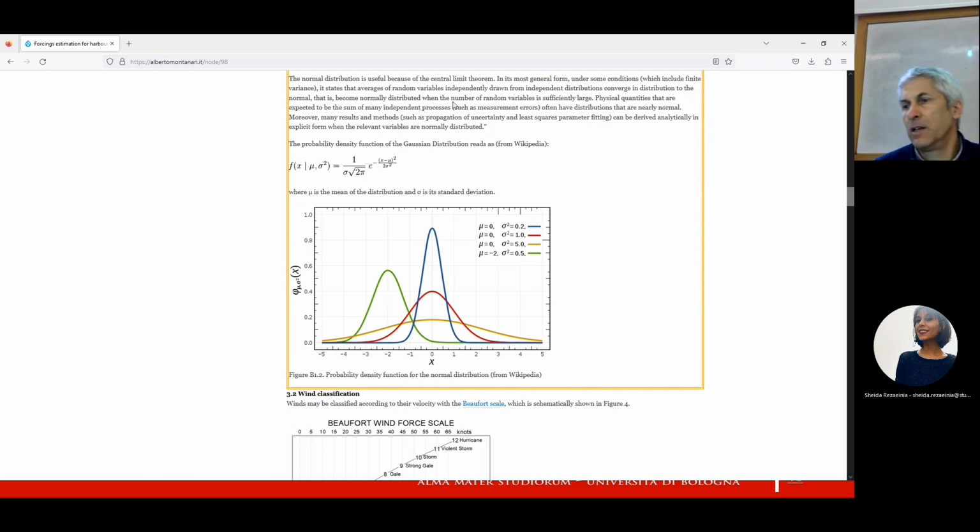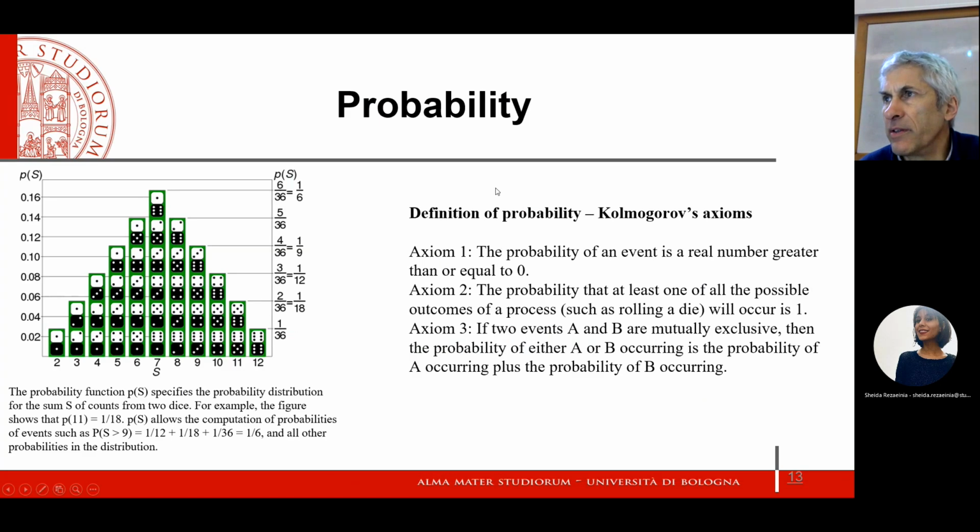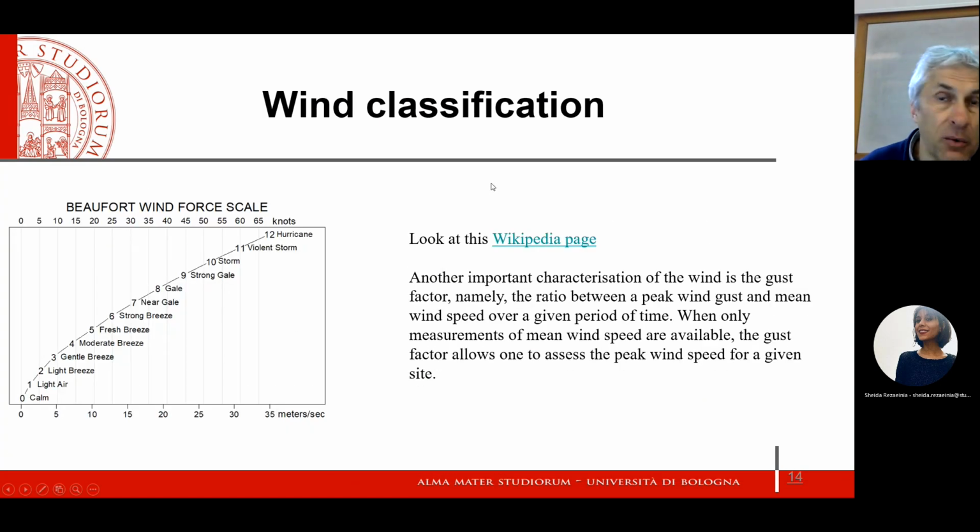Okay, good. Now, let's move forward with our wind data. So probability is done. Now let's look at our wind data. This is the Beaufort wind force scale. Make an effort to, not all of them, but just to get oriented in this scale. You see the velocity on